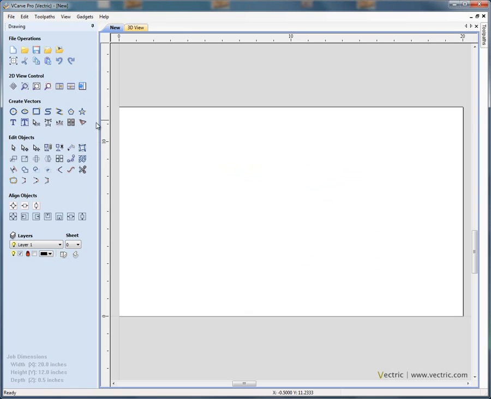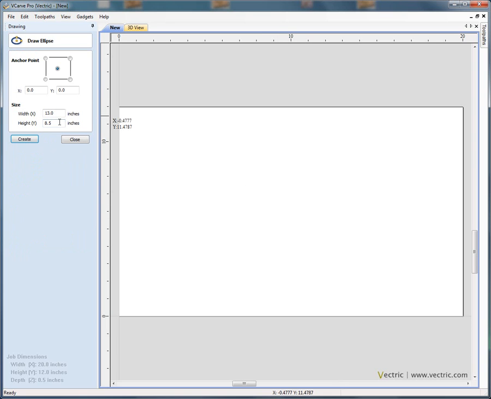So on the left hand side of the screen we have the drawing and editing tools. Let's just quickly construct something. If I say draw an oval, so draw an ellipse, we can specify exactly the sizes for this ellipse, or we can click and drag with the left hand mouse button to approximately create the shape of ellipse